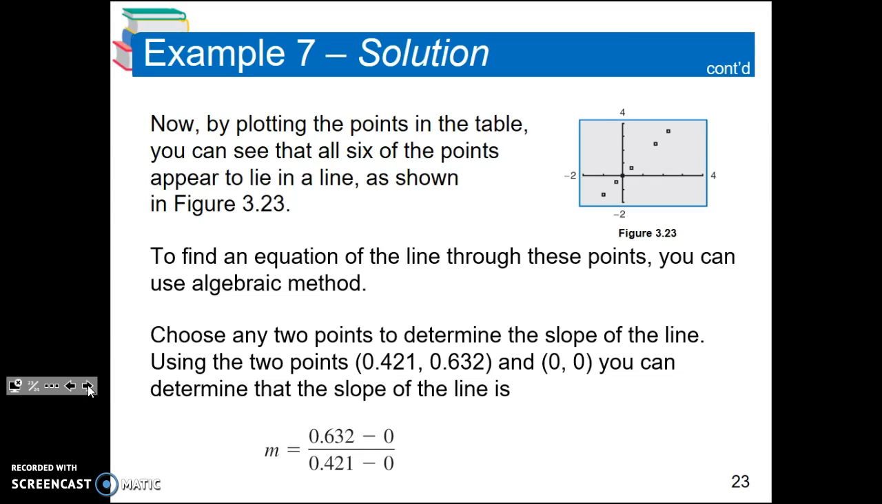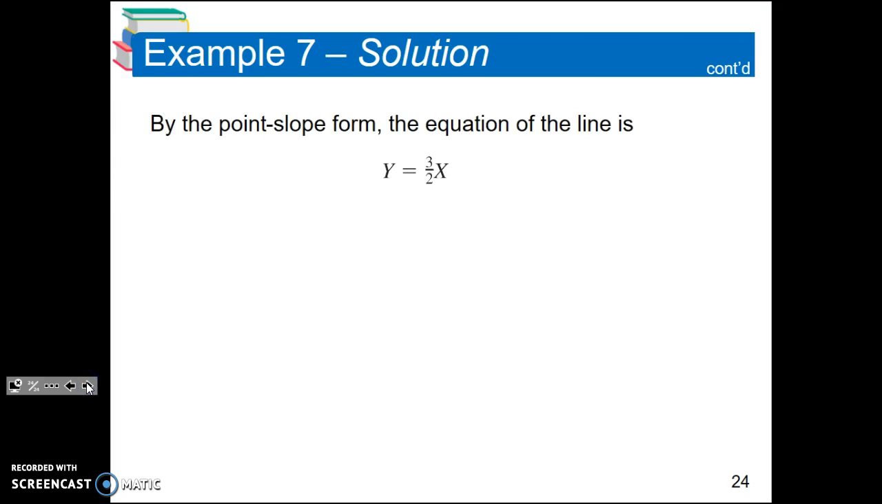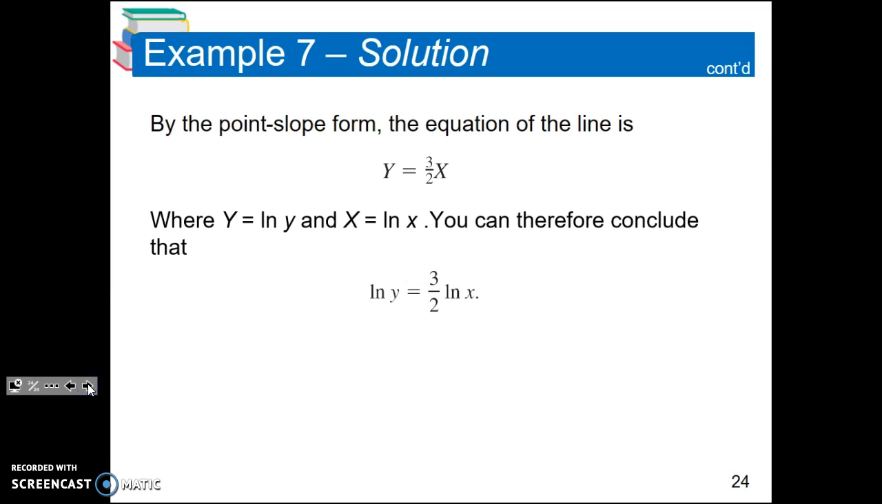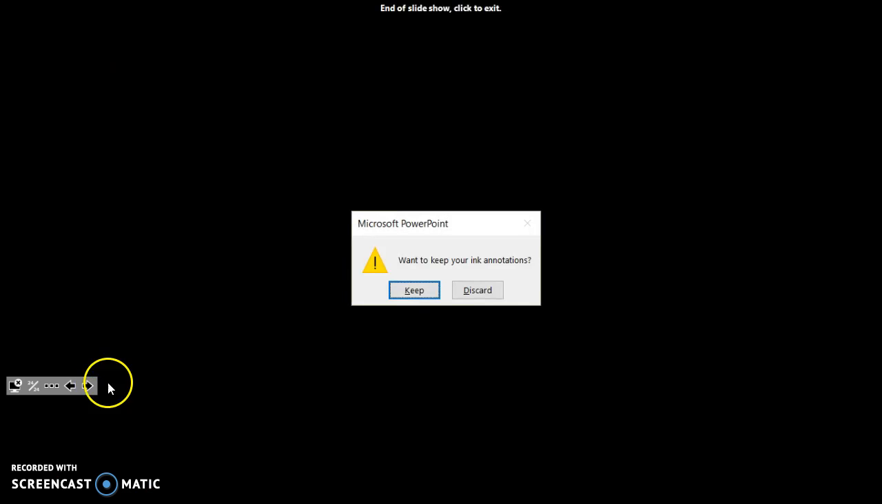Choosing 2 points and coming up with the slope-intercept equation of the line, or simply using our linear regression on the calculators. Y is equal to log y, x is equal to log x, and you can conclude log y equals 3/2 log x, and that is the end of